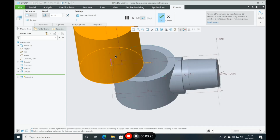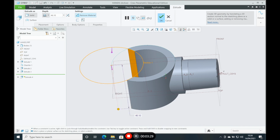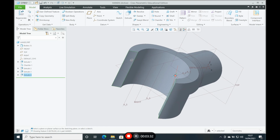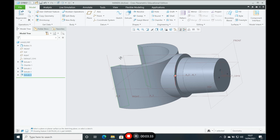Now what I need to do now is I need to click that little arrow in the middle of the circle there. So I'm on it now. I'm going to click that, and the circle will then go below. It'll go the other side of the screen. So there we go. And then we're going to press remove material, and that's cut away the section to make the hand. Now it's a little bit sharp and pointy there, so what we will do is use the round